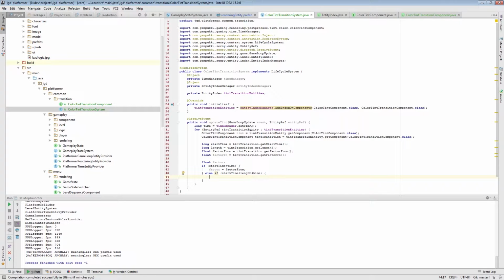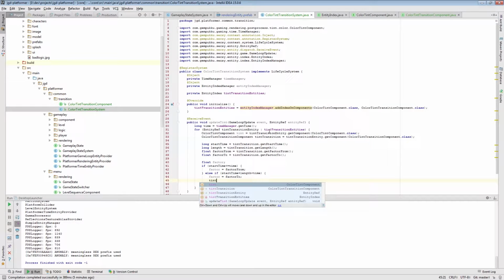So this means that the time for the transition has passed. So what we want to do is set the factor equal to factor to,